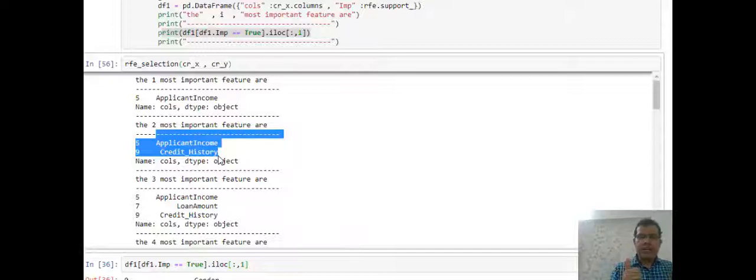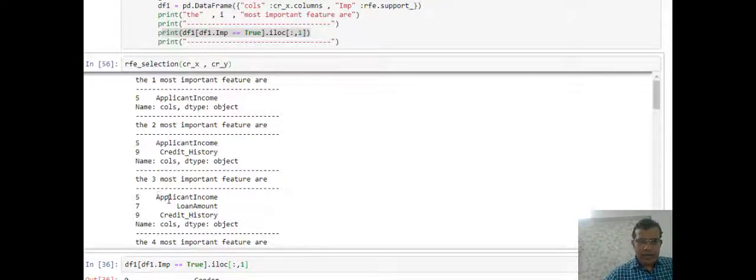Similarly, if you see the three most important, applicant income, loan amount, and credit history, but I know that applicant income and credit history are already at the first and second positions respectively. So loan amount would be at my third position. This is very useful for decision making, because I know the sequence and the order of importance also. I have tested this program and it gives me an excellent result.